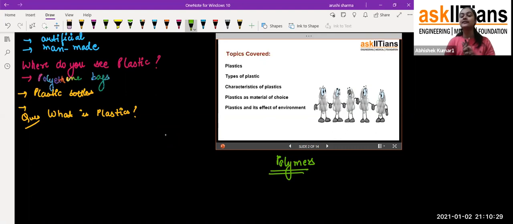So students, if you remember, I gave you an example: we are going to construct one building, or one office, or schools or houses. So what do we require to make it? We require cement, land, and bricks. But the main component is the brick only, because we repeat that brick and then we get the whole structure. So you can say that the brick is the repeating unit of that building.